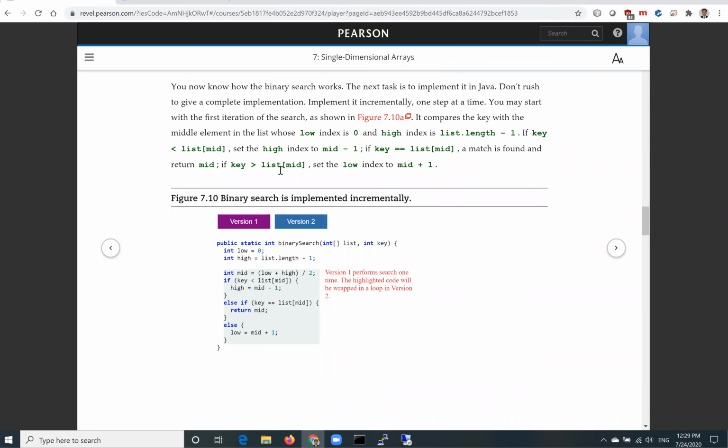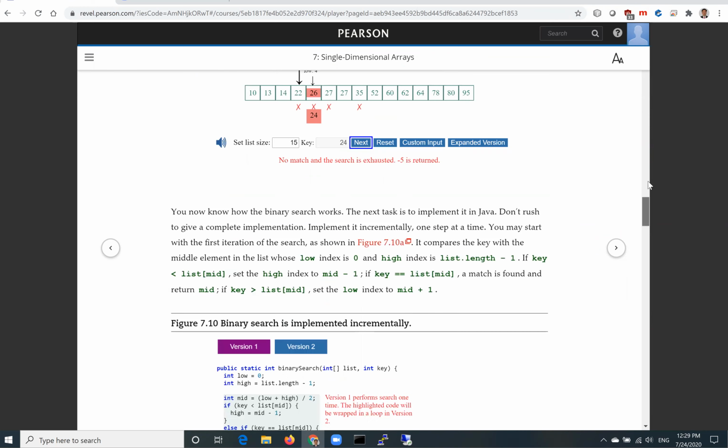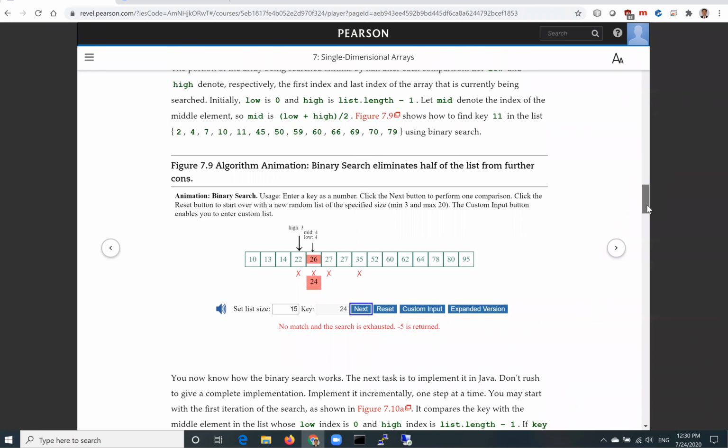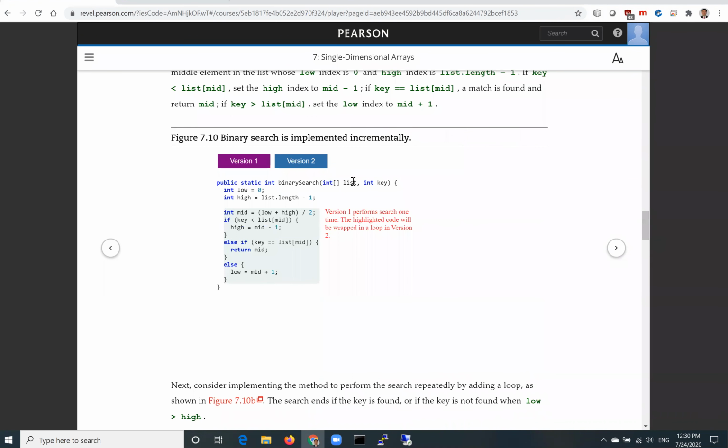We're going to write this program using those 3 indices: low, high, and mid. So this is the binary search. Search the key in the list. Low is initially 0 and high is the last index, which is list.length - 1. So mid is (low + high) divided by 2. Now this searches one time, comparing the key